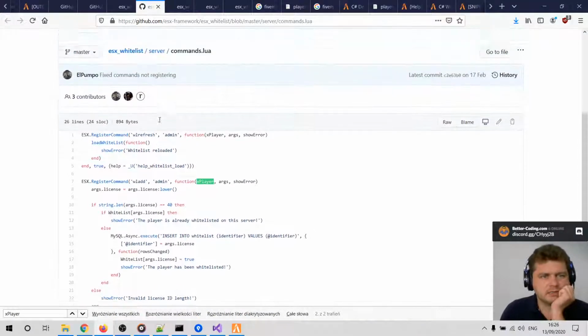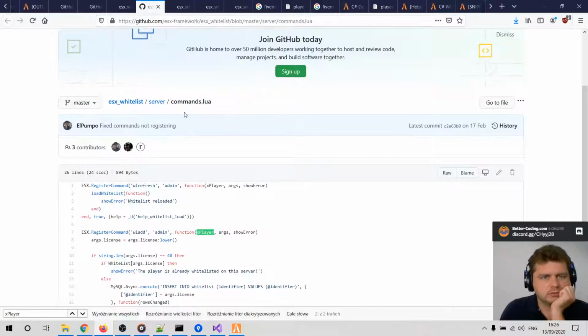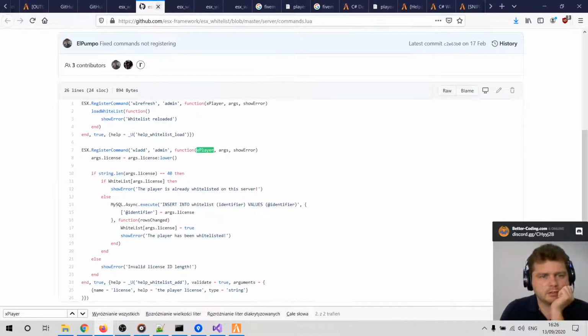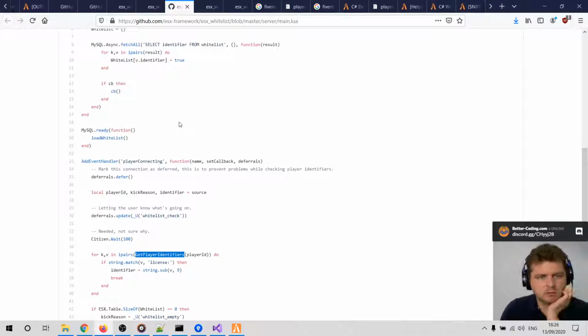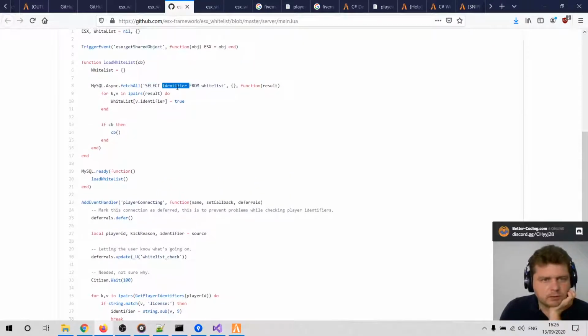So what is license here? One moment, let me check in this file. What is license? Okay, when I select identifier from whitelist, then